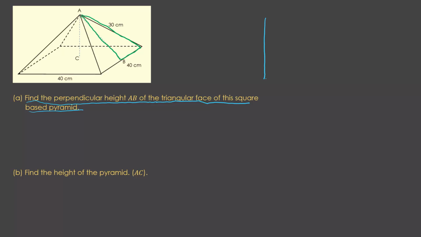So if we draw that triangle out here, this is A and this is B. If this length is 40, it should be clear that this is 20 centimeters. And we're given that this side is 30 centimeters. So using Pythagoras' theorem, because this is right-angled,